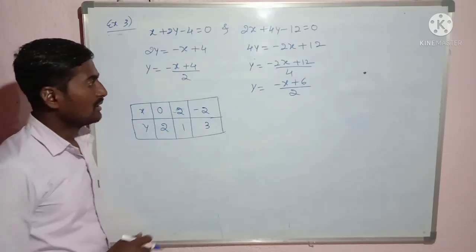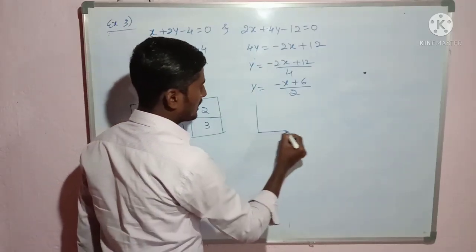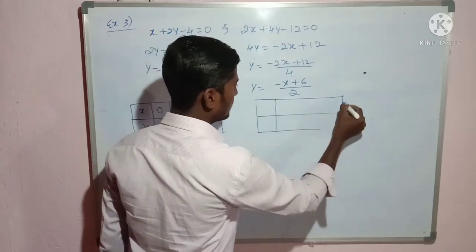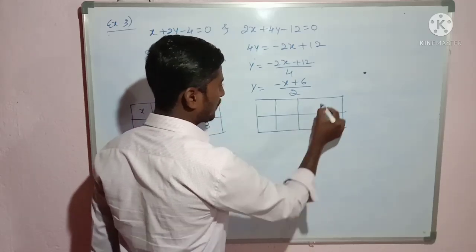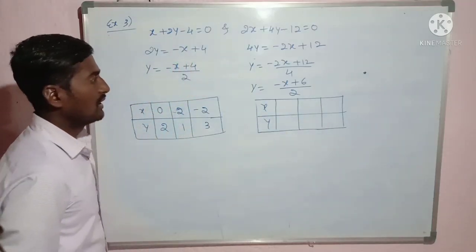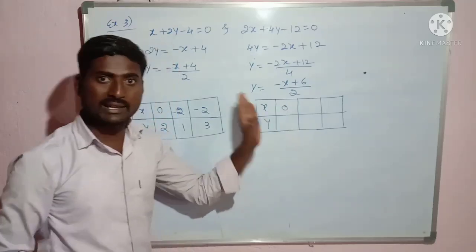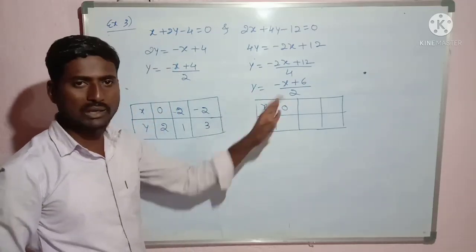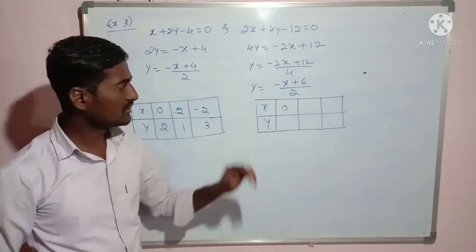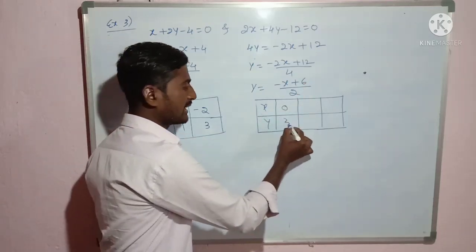Now come to this equation. Again same, I have to choose the value of x and y. Minimum 2 points are required. So I used to take 3 points. First I will take here x equal to 0. It doesn't mean that you should take x equal to 0 only. No, you can take any value. But again same, y must be an integer. If I take x as 0, 6 divided by 2, y you are getting as 3.